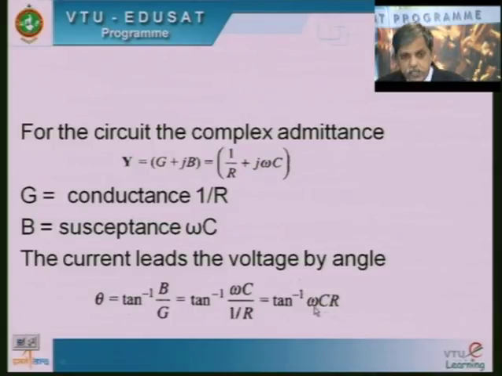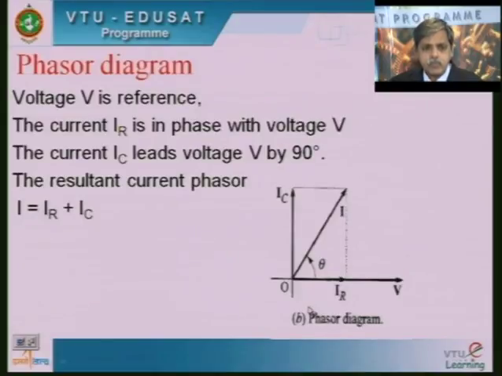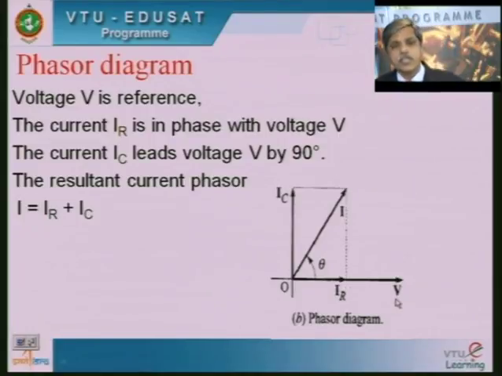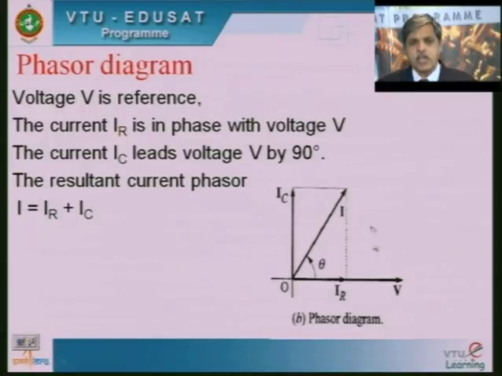Now in case of this capacitance circuit, or in case of RL circuit also, whichever may be, in case of RL circuit the phasor diagram I have shown will be in the fourth quadrant, and there won't be any difference compared to the current in the resistor in the case of RC circuit if R is constant, R is the same in both the circuits. Now V is the reference here because it is a parallel combination. So in drawing the phasor diagram, I should take the reference vector as the common parameter for the circuit.